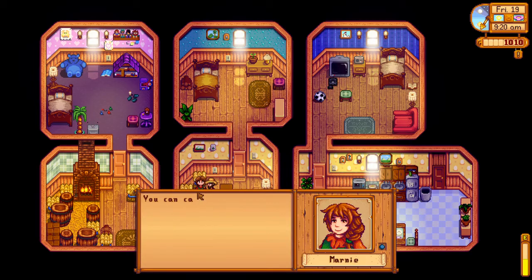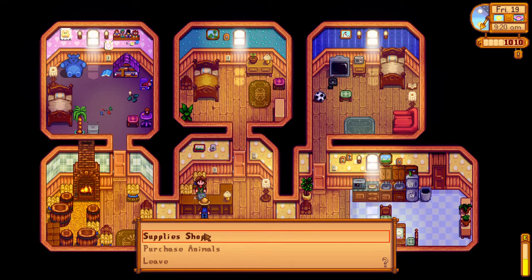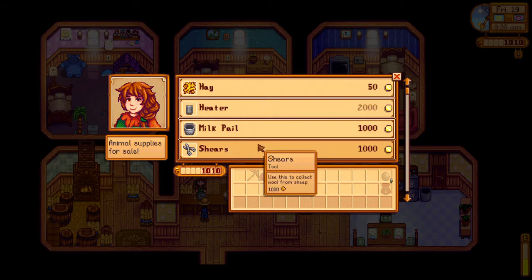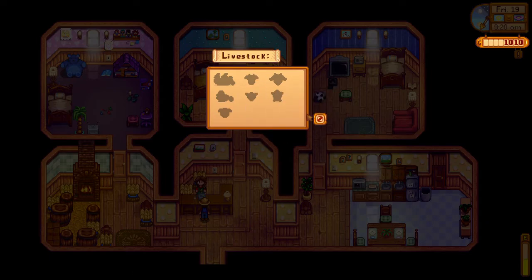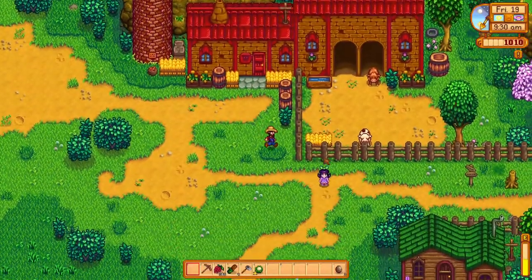So we're saying hi to Marnie. We gotta start doing this more so that we become friends enough that we can get into her room at some point. And while we're here, I'm gonna show you some of her stuff. So she sells hay, the heater, a milk pail, shears, and an ornamental hay bale. And then the different animals, which we don't have access to yet because we don't have coops or barns. But anyway,